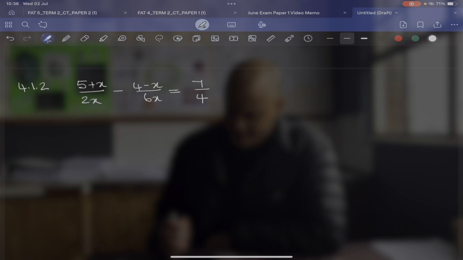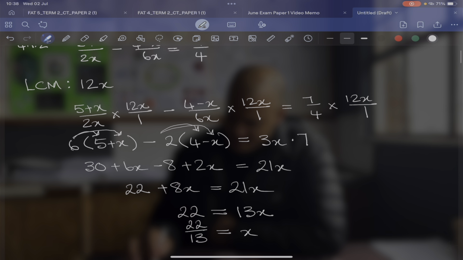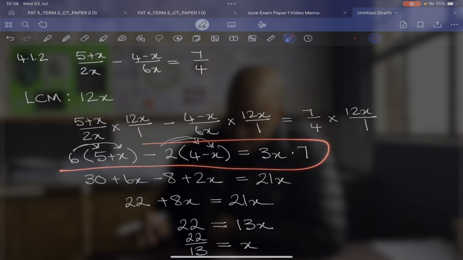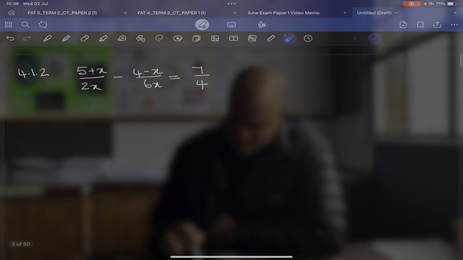Okay, so we'll look now at an alternative way of dealing with 4.1.2, and we are still going to use the method of an LCM, but just slightly different from what we've done here. What we've done in our previous example was to find the LCM and then multiply all the way through with it, so that we could end up with a linear equation, and then we went ahead and solved for x. In this approach, we are going to look at each fraction individually, and we are still going to